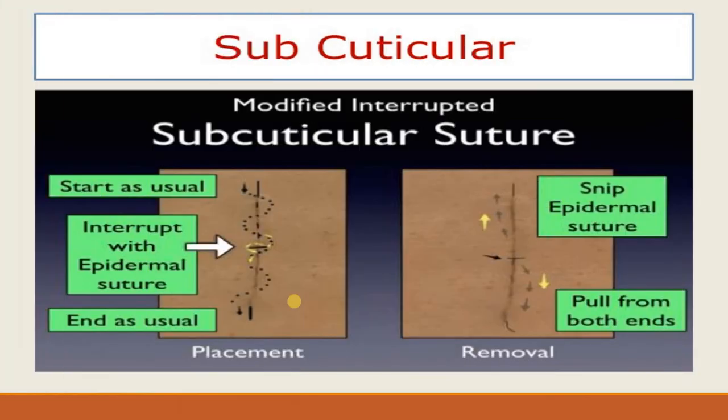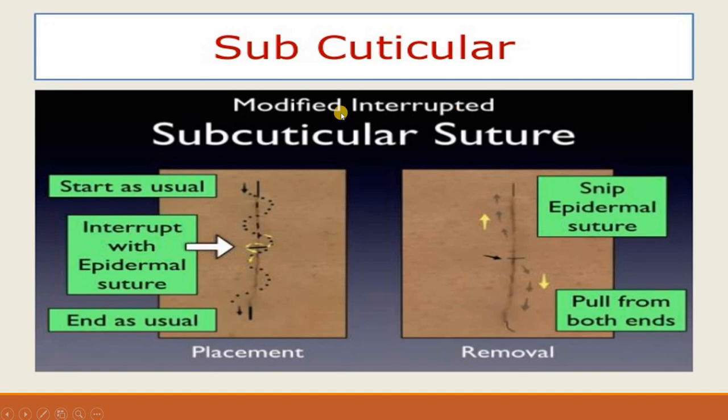Next is subcuticular sutures. This type of suture provides an excellent cosmetic effect with lower tension of the skin margin. They can be removed quickly and early, and thus suture marks are avoided. However, these sutures should not be placed into the superficial dermis layer.